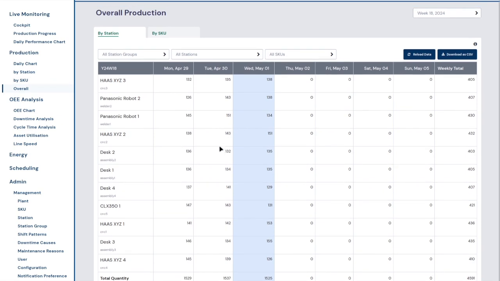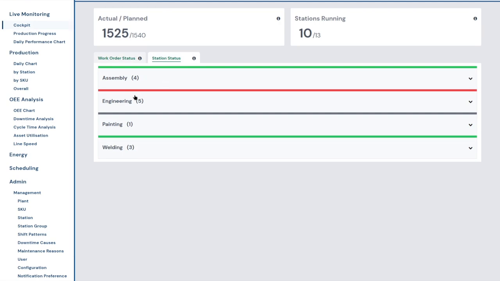As we know, a lot of our customers will use that to inform ERP systems or other third-party systems. We can create API direct syncs between this data and the ERP system, for example, or a lot of our customers will download some of this data as CSV so that they can slice and dice or manipulate it themselves. So just coming back to the cockpit, I'll move on to the next key feature of Busroot,